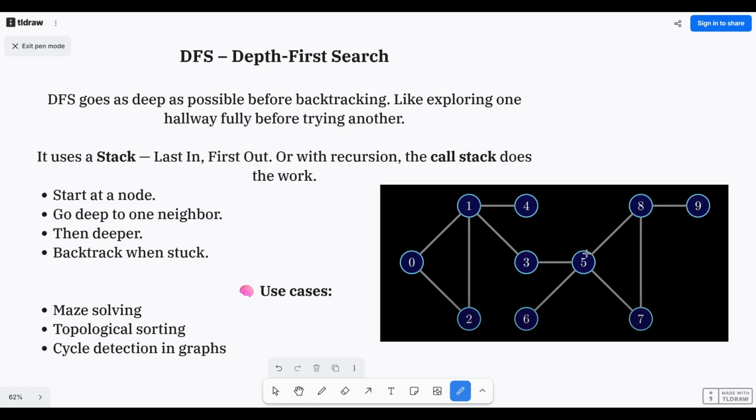So for example, we go to 5, then we have three choices from 5, that is 6, 7, and 8. So let's say we go to node 6, and from node 6 there's another dead end, so we go back to 5, and then from here we have two choices, either 8 or 7. So let's say we go to node 7, and from 7 we have the possibility of going to 5 again, but